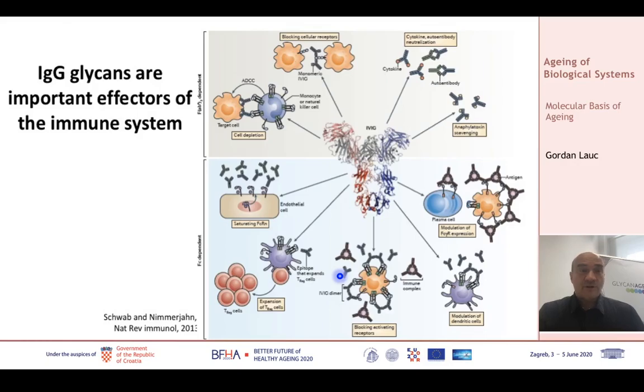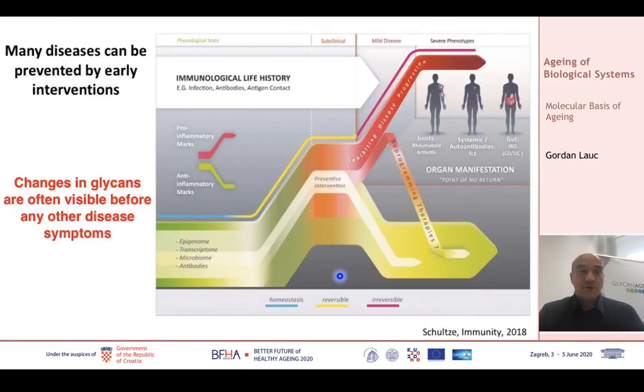But these molecules are not only biomarkers, they are functional effectors which regulate the function of the immune system on multiple levels. This gives us the opportunity to try to identify people before they actually get ill, because normally people are diagnosed when something is not working. But if we look at the biomarkers early, the biomarkers which actually contribute to disease development, maybe with a simple lifestyle change we can avoid this progress and actually prevent disease.